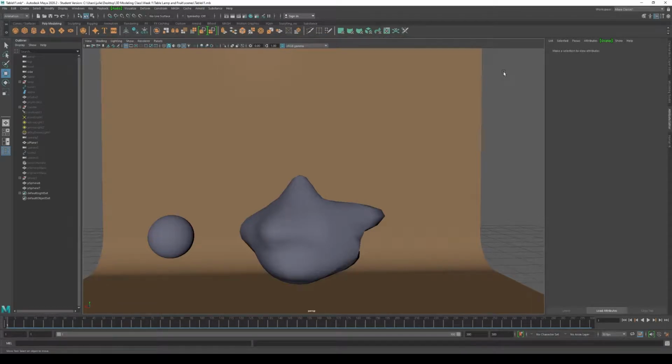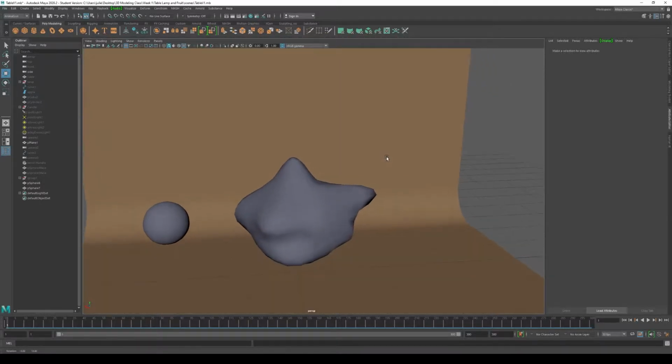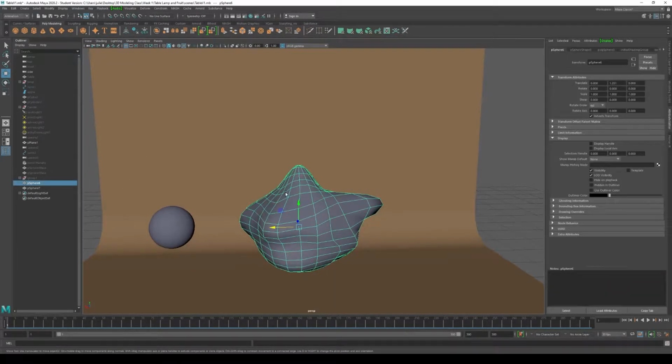We're going to now look at ShrinkWrap. ShrinkWrap lets you project an object onto the surface of another object. You can use the ShrinkWrap deformer in many modeling and animation workflows, including attaching accessories to a character mesh or retopologizing a mesh. So to do this, I've created two objects, and